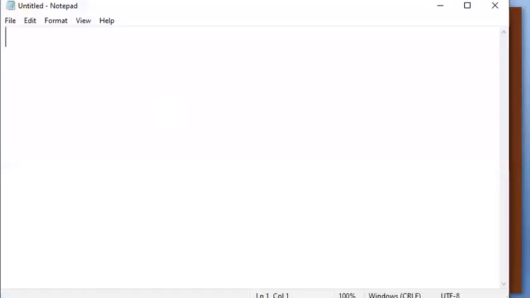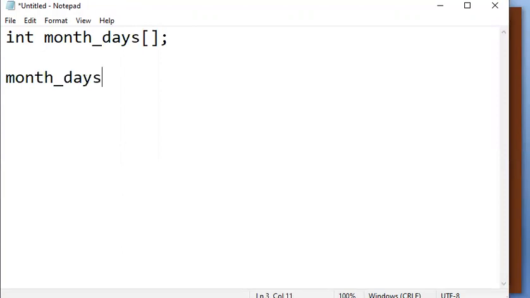What I am doing is, first I am writing month_days, simply declaring this variable, and after that I am writing the allocation. That means the values are stored using the new operator, and then space followed by type, what type of values you want to store, and then give the size here. Okay, so it is a 2-step process.